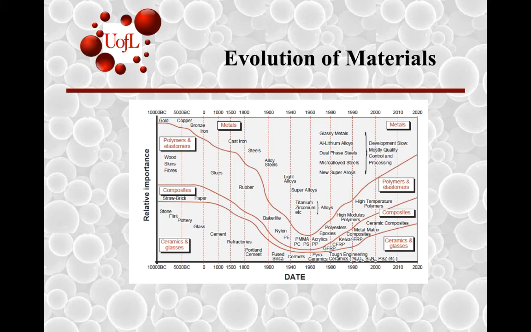To understand how these choices for material selection are made, look at things historically from about 10,000 BC, so about 12 millennia ago. And so you had just a very few number of materials. Natural materials over here, wood, for instance, animal skins, gold, then maybe some kind of stone. Eventually, a few more metals came along, and so these were defined by copper age and bronze age and iron age, for instance. And pottery came along, glass came along, paper came along, different kinds of glues, and soon we